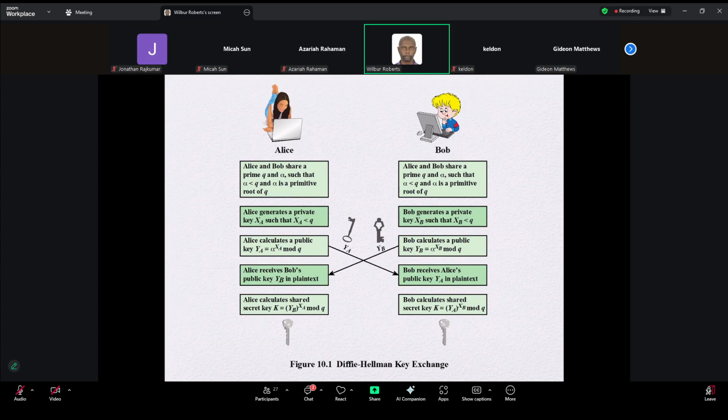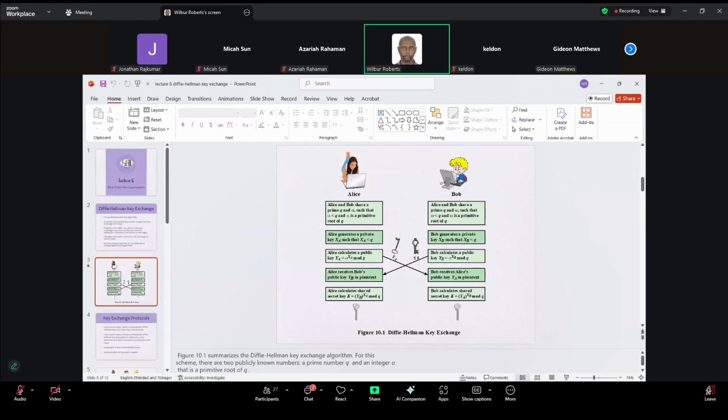So it becomes rather simple. Okay? So if I were to get a snip of that, to put it on the blackboard,